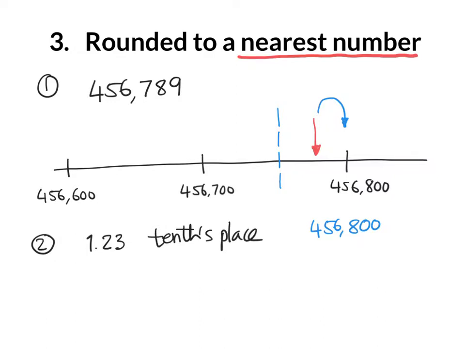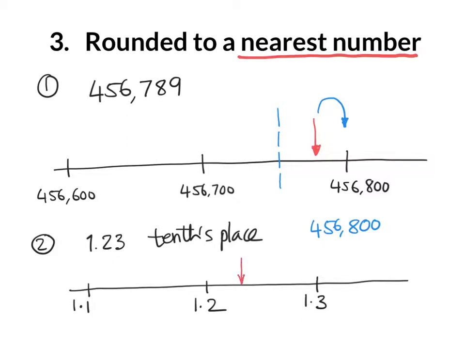Since it is up to tens place, the minimum marking on the number line would be up to tens place only. Here in this example, it could be 1.1, 1.2 and 1.3 like that. Now 1.23 may fall somewhere here. Since it is left of the midline, this number would be represented by the closest number, which is 1.2 in